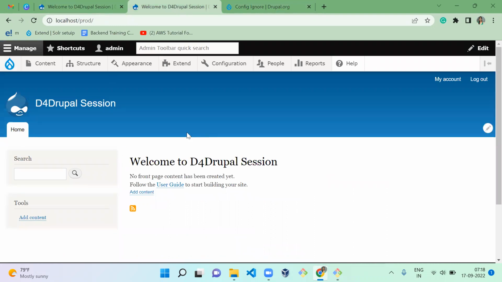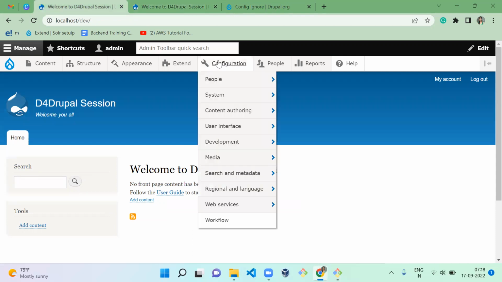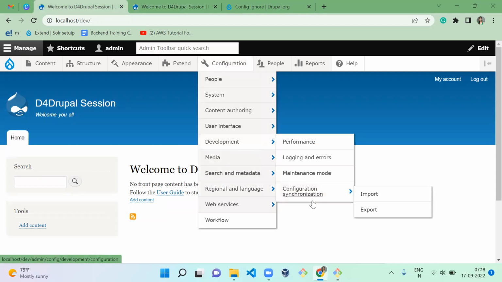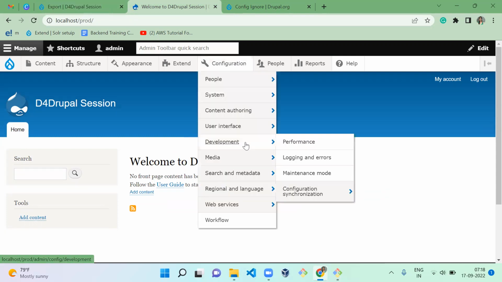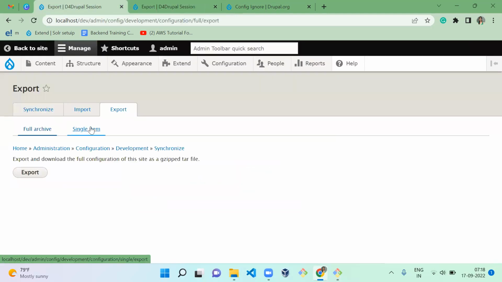Before that, when you have two environments and you want them in sync, so that you can move the configuration from development to prod, you have to make sure that there is no change in the UUID of your system.site.yml file. So, on the configuration development synchronization export page, I am going to